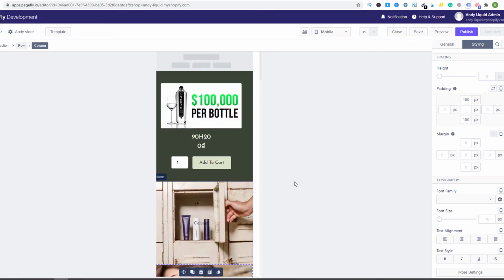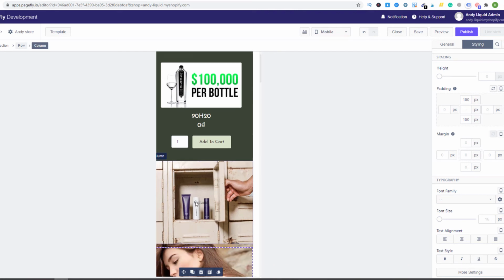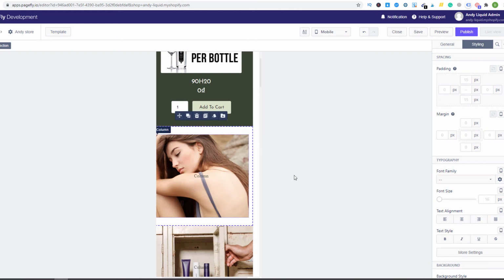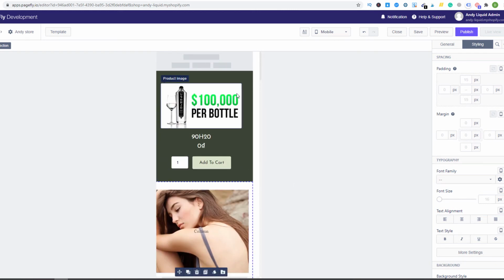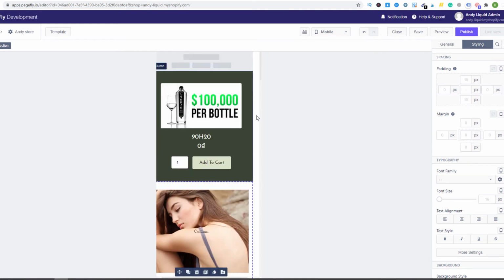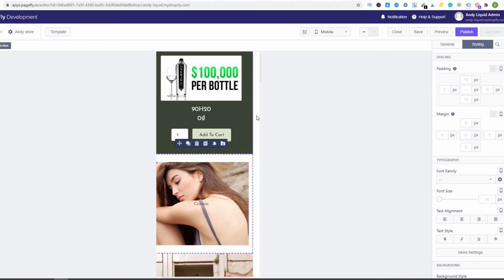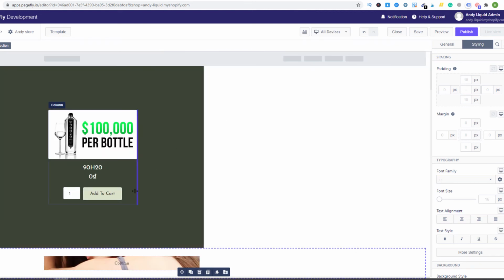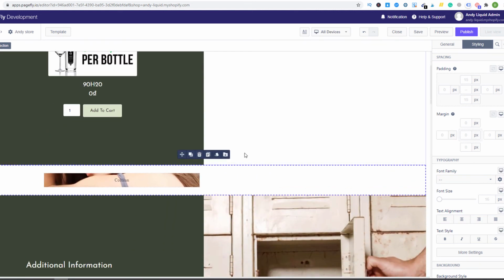So basically you want to keep the image below the text, you want to keep the image below the product only on the mobile version, but you don't know how to keep the same effect on